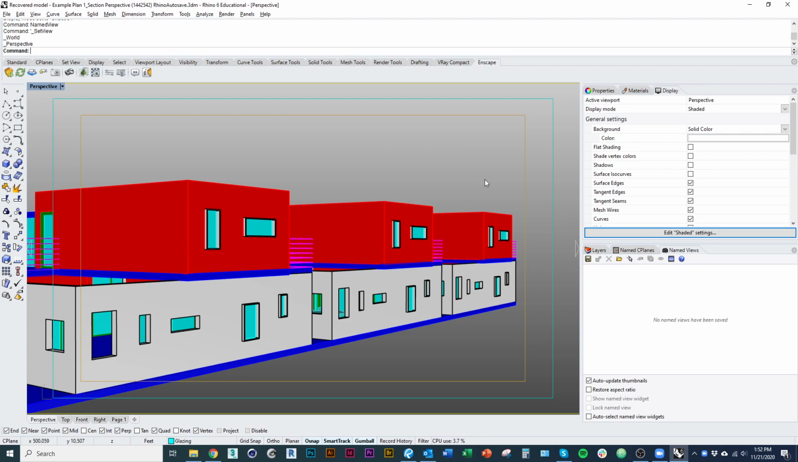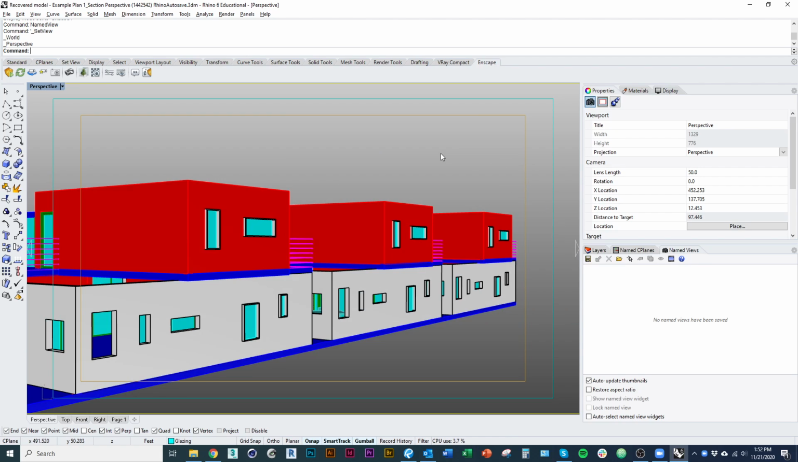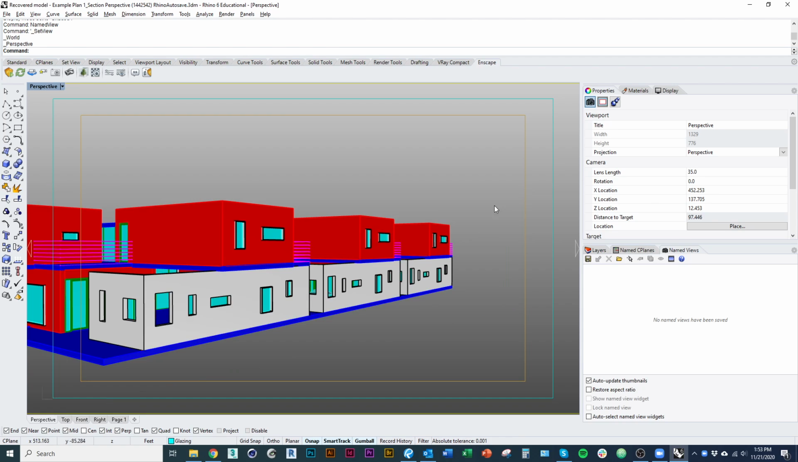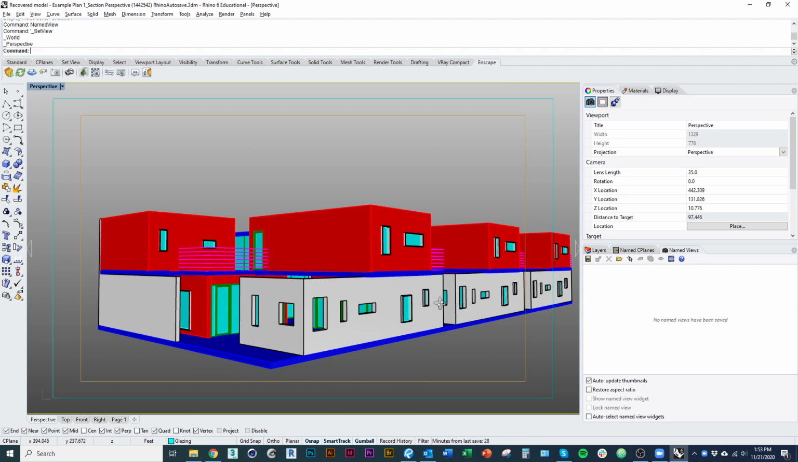The other thing I want to do before I set up any views is I'm going to go to properties without anything selected in my viewport, and I'm going to choose a lens length. So this is how I'm going to change, right here under the viewport where it says camera, how wide angle my view is. So I'm going to set it to a 35. It's kind of like a 35 millimeter camera, which is something